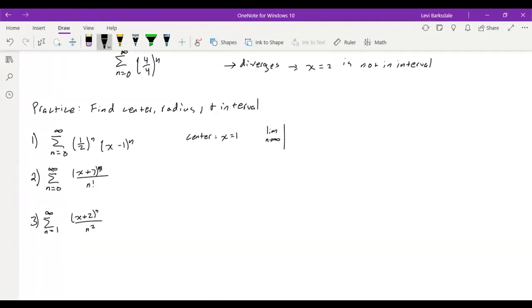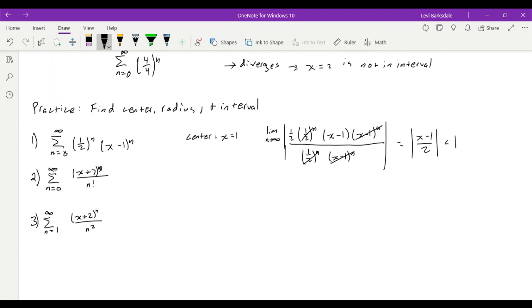And that would give us 1/2 times 1/2 to the nth. I'm doing some simplification as I go, times x minus 1 to the nth, divided by 1/2 to the nth times x minus 1 to the nth. And this is a sub n plus 1 over a sub n. Cancel whatever we can. And that gives us a limit of x minus 1 over 2, which should, of course,